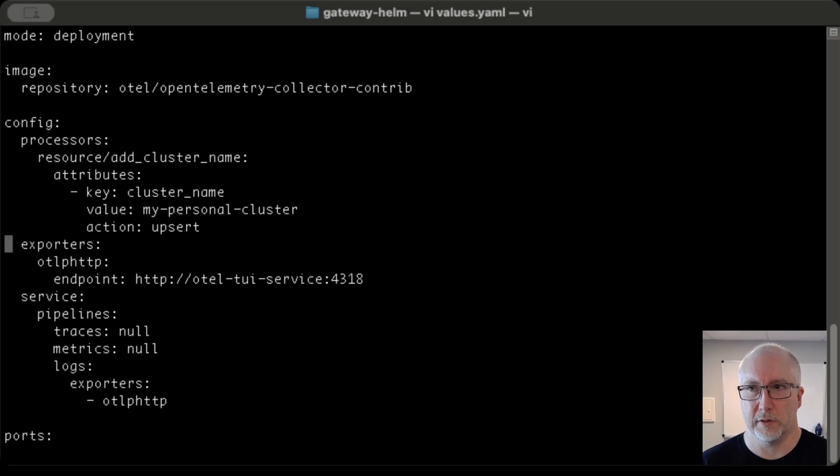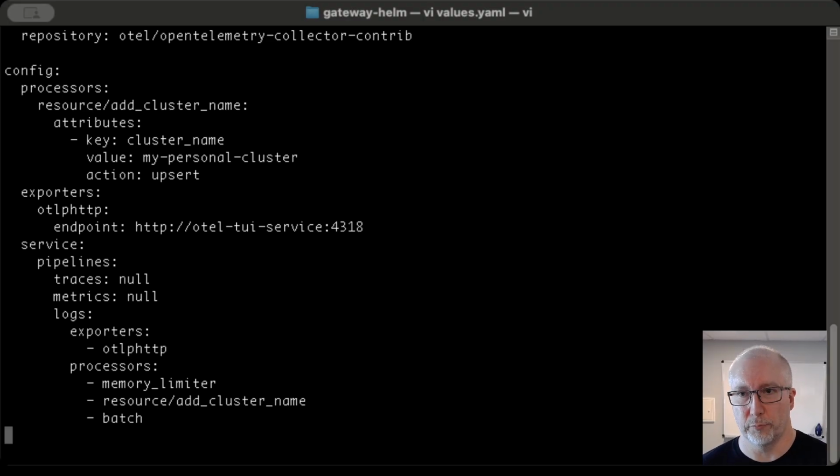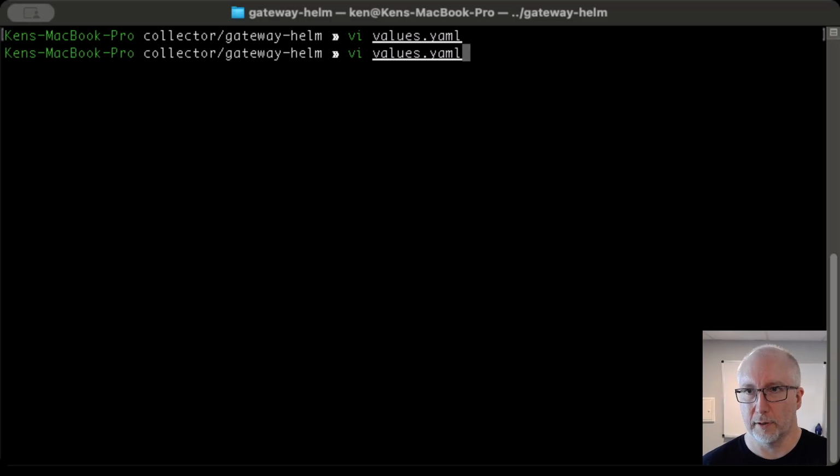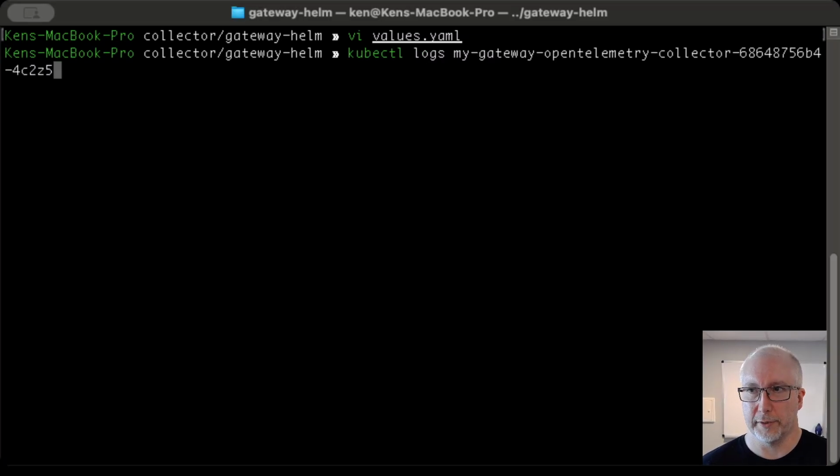What this does is say, if the value is present, then update it. If the value is not present, then insert it. The reason we're overriding any existing value is that some applications might be setting this in some way, and we want to make sure we have a consistent name for our cluster. Now, to activate this processor, we need to add it to our pipelines and include the default processors, the memory limiter, and the batch. So if we save that and deploy the gateway,